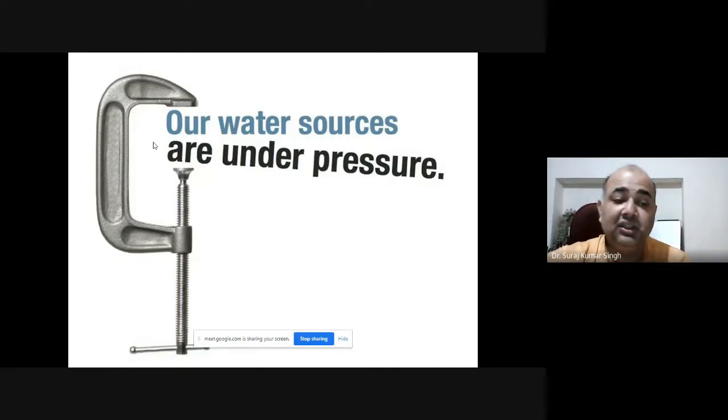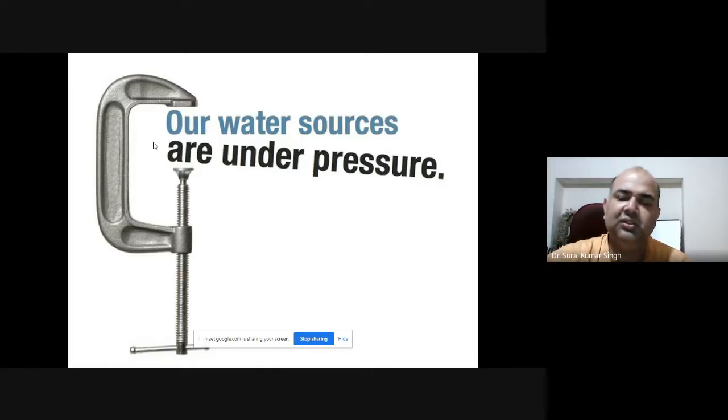You can see that because our population is increasing, there are limited resources, because only 4 months of water is there in the entire year, and even in those 4 months, nowadays, because of the change in the climate, you are not getting the water. So what you have to do is explore your underground water. That's why, as the population is increasing day by day, the resources are depleting.